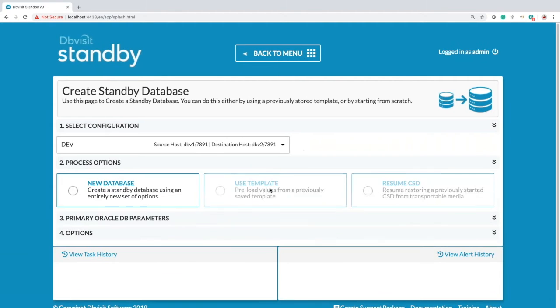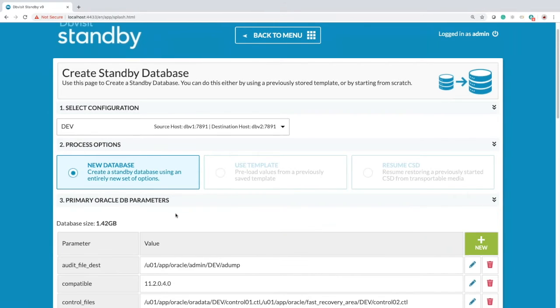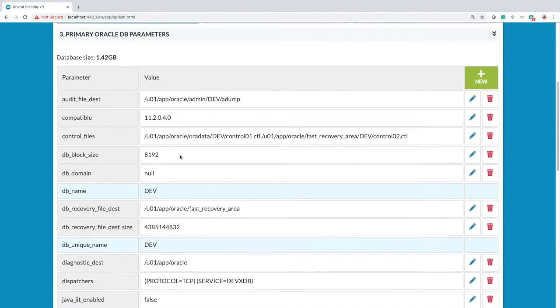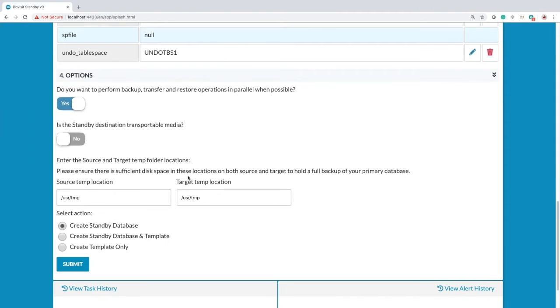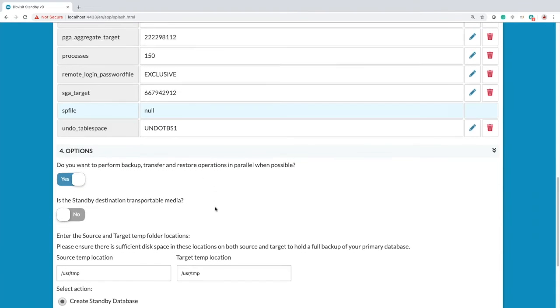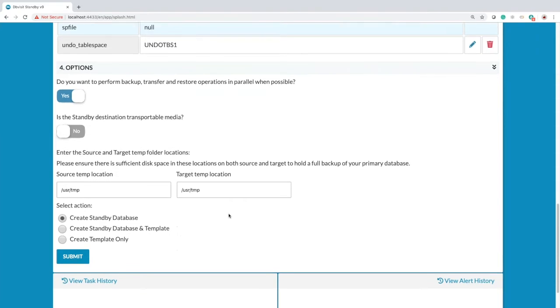It now does a couple of checks, making sure it can communicate with all the relevant components. Yes, I want to create a new database. It picks up the Oracle database parameters from the primary, which you can always change if you want to. If your spec on your standby host is smaller, or you don't have as much memory, you can actually decrease that. And then we have the option of the locations where you want your RMAN backups to be